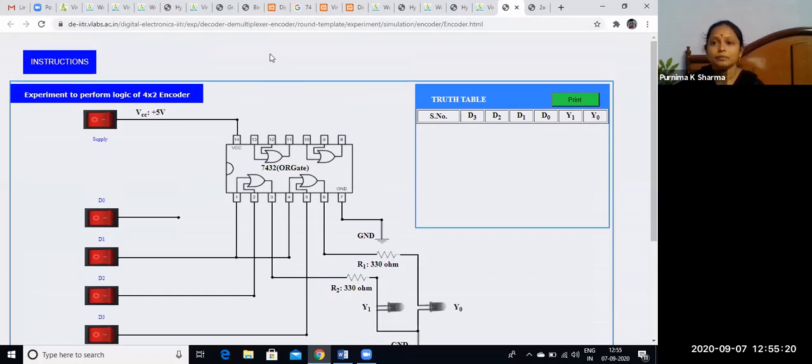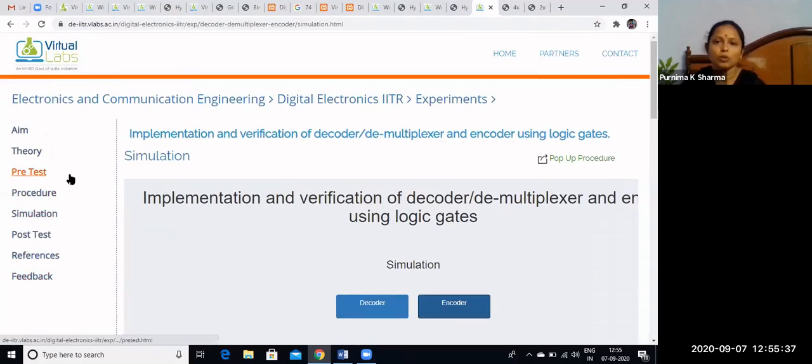Don't worry if you don't know about the encoder, decoder, multiplexer and demultiplexer. Just observe whatever process I am following to do the experiment. That process you observe, how to do the experiment. It is given in the procedure also, but the procedure is a little bit confusing. In some cases, there are also some mistakes in the procedure. So write your own truth table, perform these experiments and observe the output.